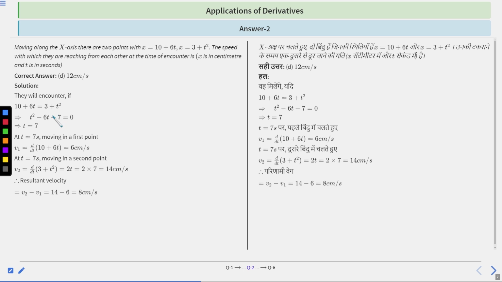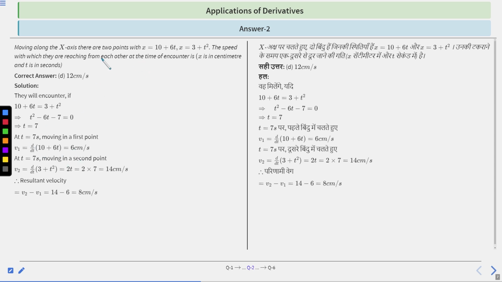The 2 points will encounter only when the distance covered will be the same, right? That means 10 plus 60 will be equal to 3 plus t square, which forms a quadratic equation in t. And after solving this quadratic equation, we will get t equal to 7, right? So at t equal to 7 seconds,